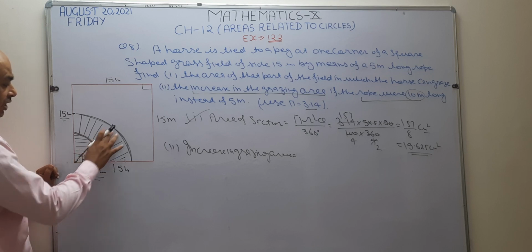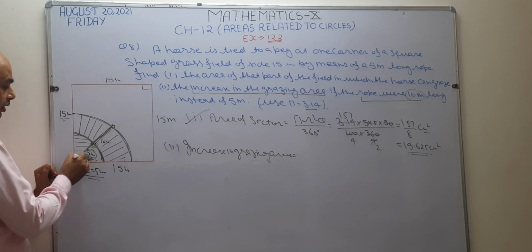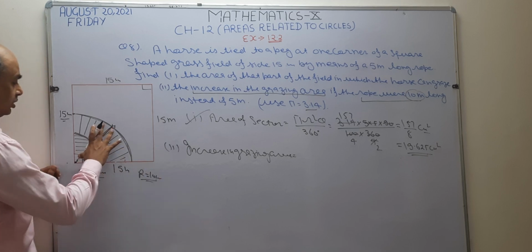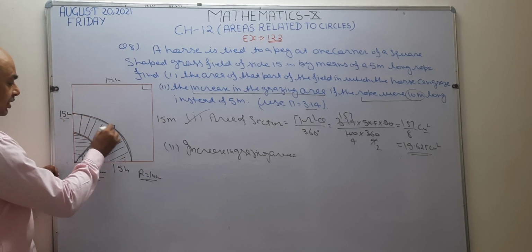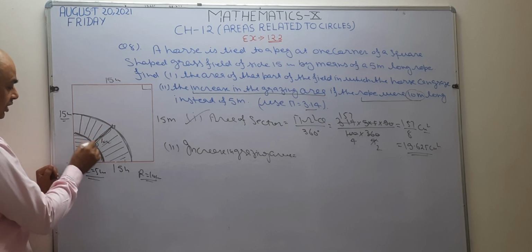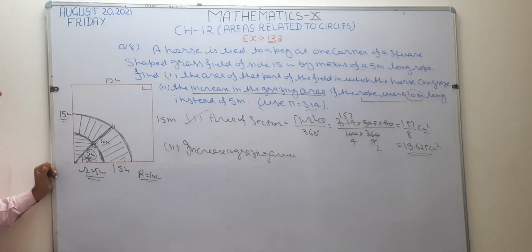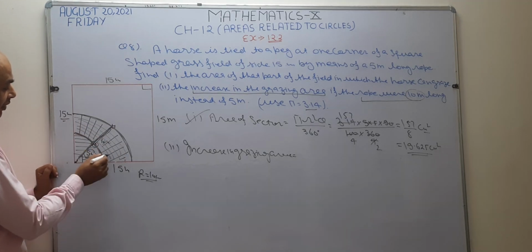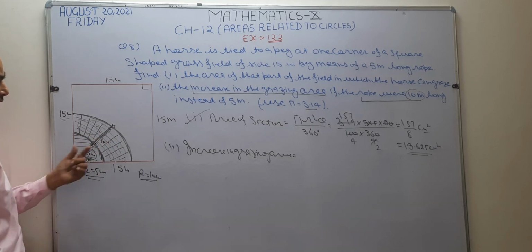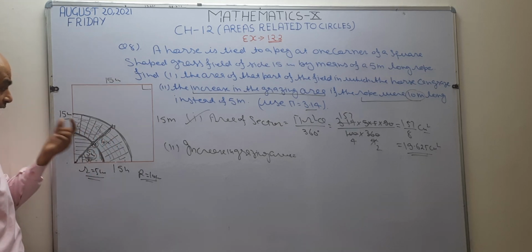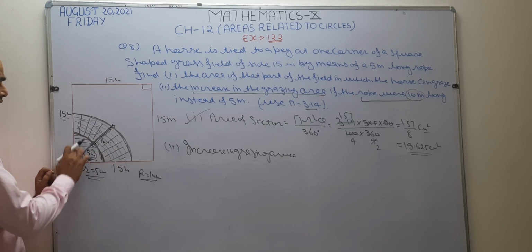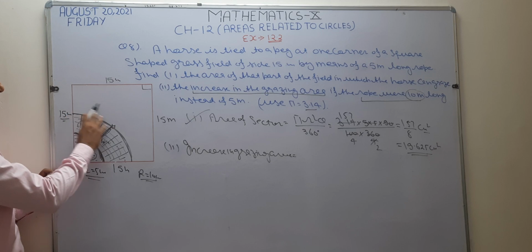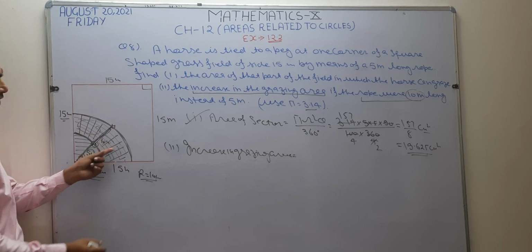Then we are going to increase the length of the rope. Length of the rope becomes 10. So in this case, radius becomes 10 meter. In the second case, radius becomes this capital R, this larger sector having radius 10 meter and this smaller sector having radius 5 meter. Okay, we are going to find the area of this shaded portion, the increased area. Now we find the area of increased grazing area. So area of larger sector minus area of smaller sector. When we subtract this smaller sector from the larger sector, this becomes the area of increased grazing area.